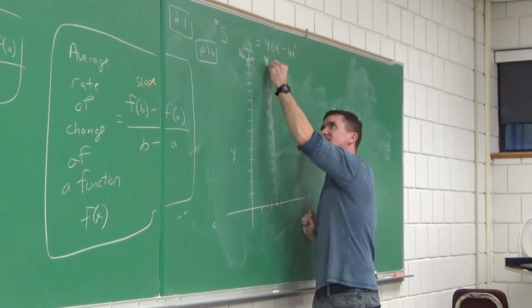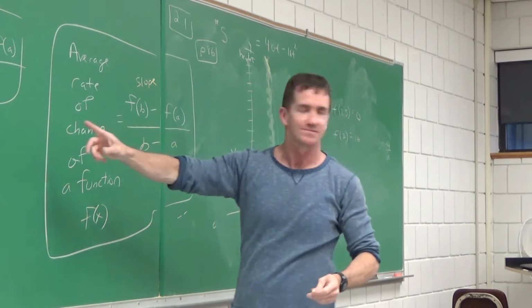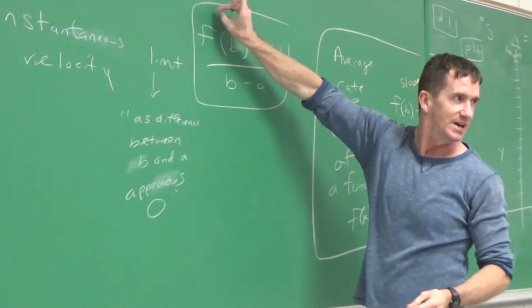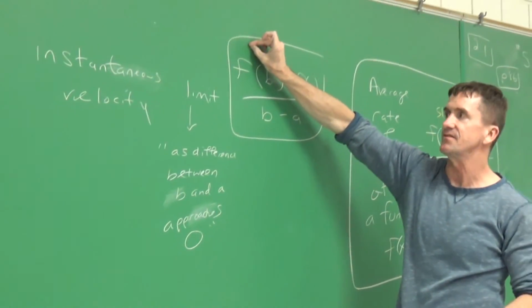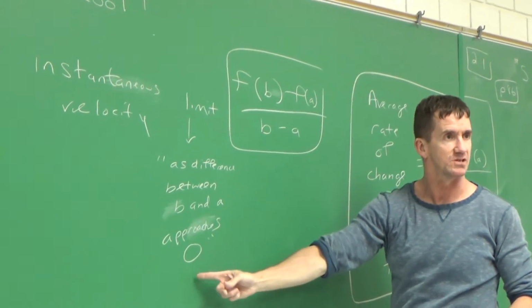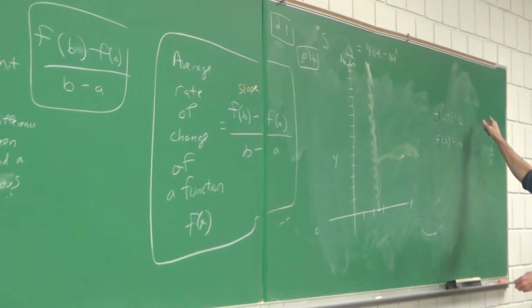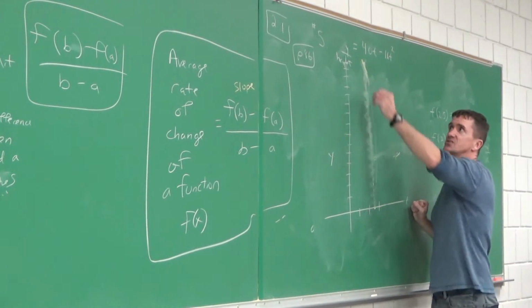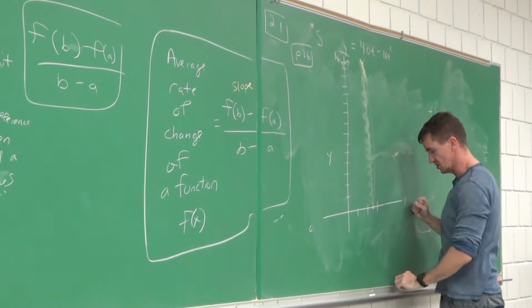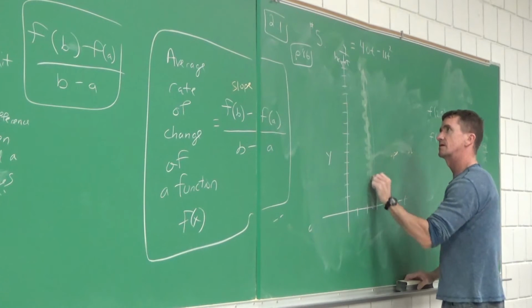And it went like this. So we were getting all these slopes of secants, right? Well, in this box is the slope of the secant. And guess what happens when you finally get the limit as the difference between B and A approaches 0 of the slope of the secant? You know what we were going to estimate? That estimate we got was the slope of the tangent. Because we were trying to estimate, everyone, here's a curve. Let me get this a little bit better here. It was going like this.